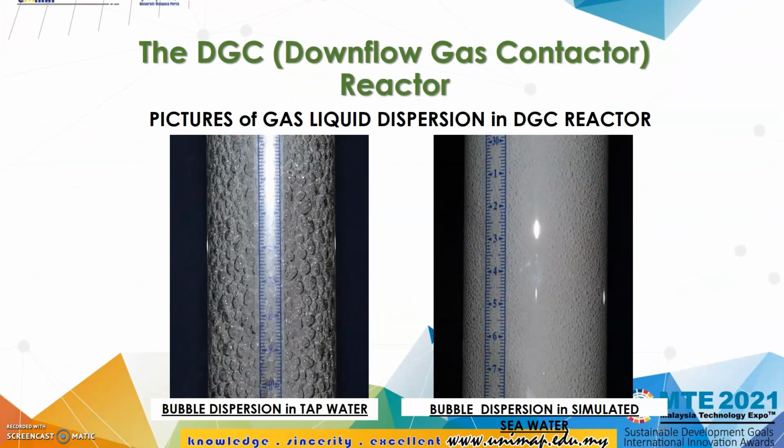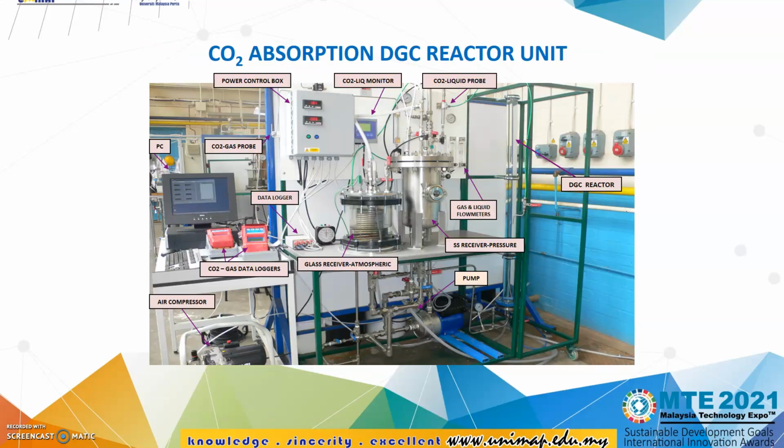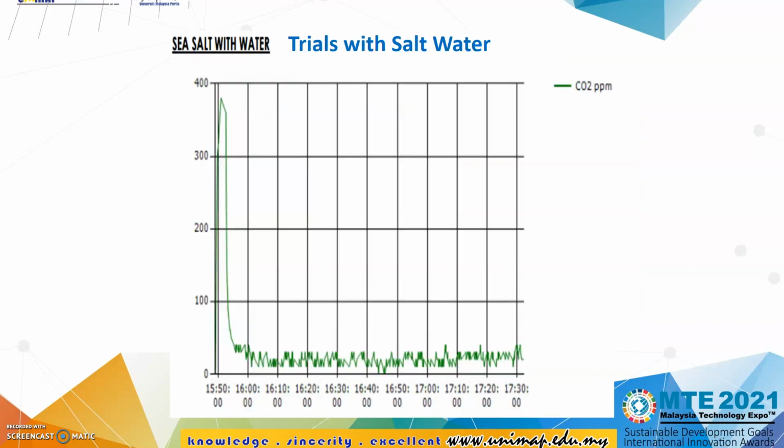These are the pictures of gas-liquid dispersion in the DGC reactor with respect to their respective solution. This is an image of a full equipment of the DGC reactor unit. And these are testing